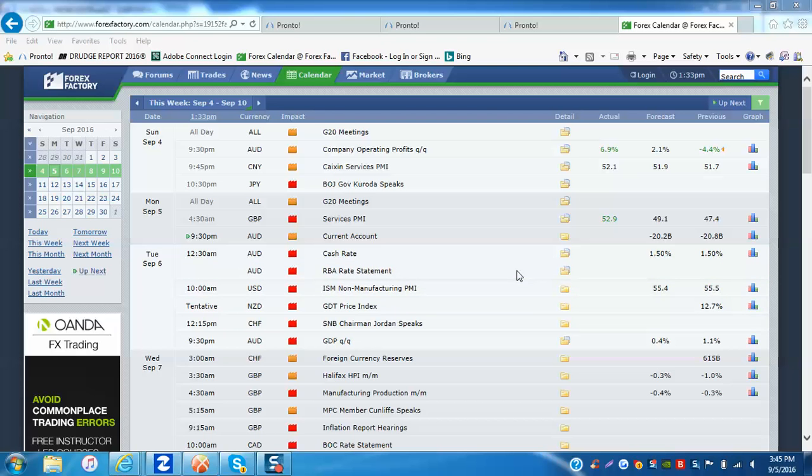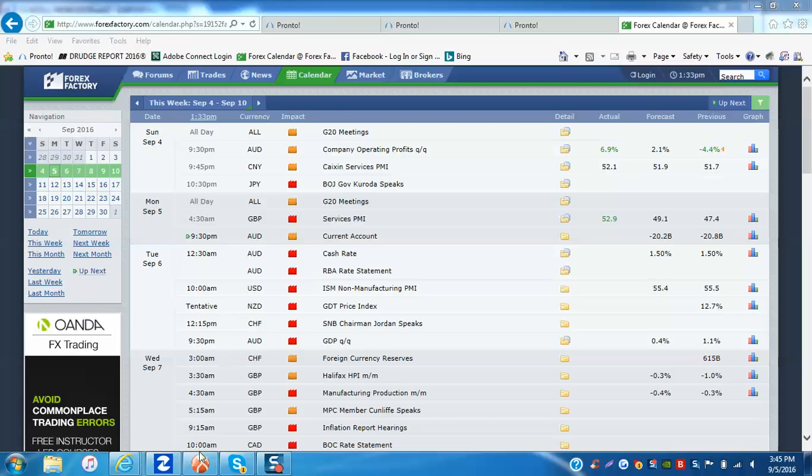Now, full disclaimer, of course, we have almost 9 hours till this news comes out, so when I show you the charts, keep in mind that this is how it looks right now, but I certainly will be looking at it later on to see if there's any change. So, alright, that's what this video will be about, and that comes out at 12:30 a.m. Eastern Time, which is 12:30 p.m. in Australia. But this is New York time.